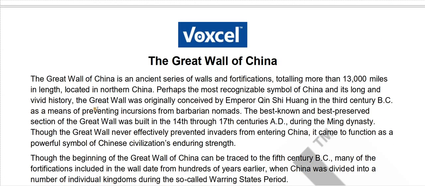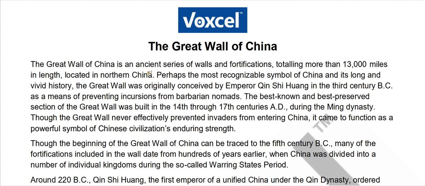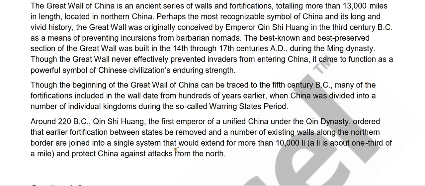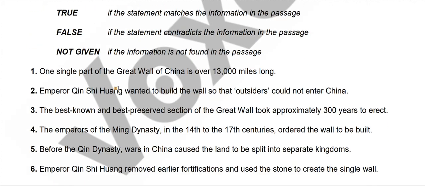If you have seen my previous video, you should now know about the ritual. We will read the title of the passage, The Great Wall of China. Instead of reading this particular passage, we will go straight to the first question. One single part of the Great Wall of China is over 13,000 miles long. So the question is saying one single part of this Great Wall of China and its length is over